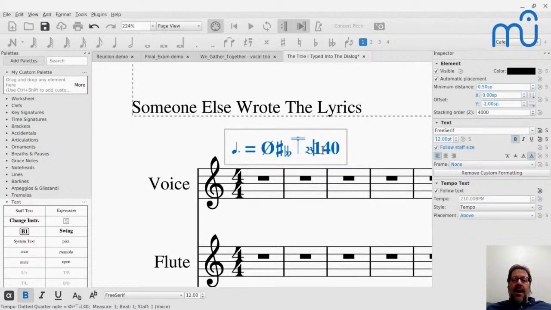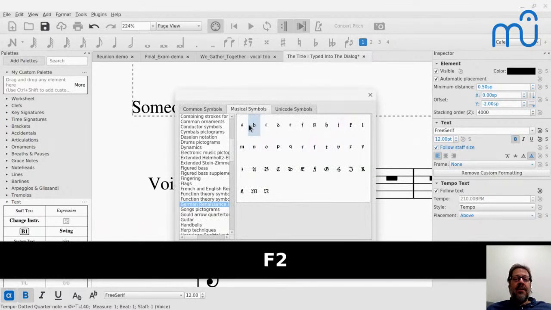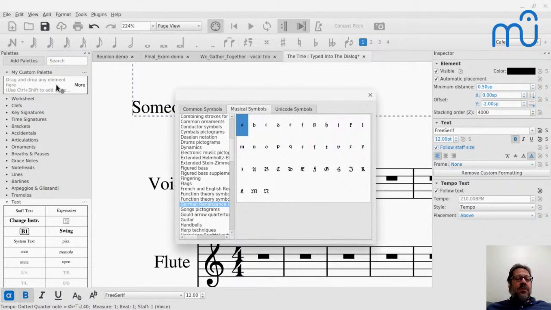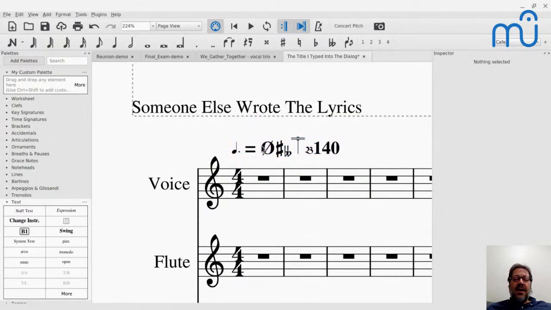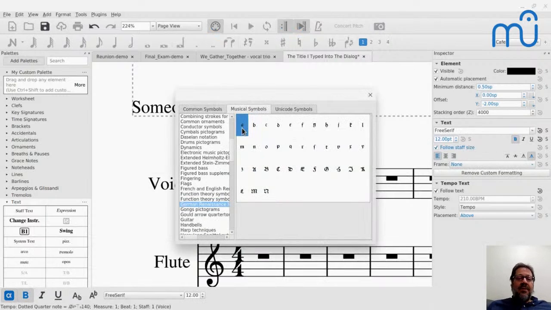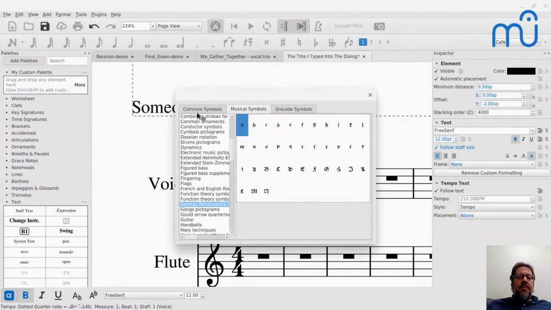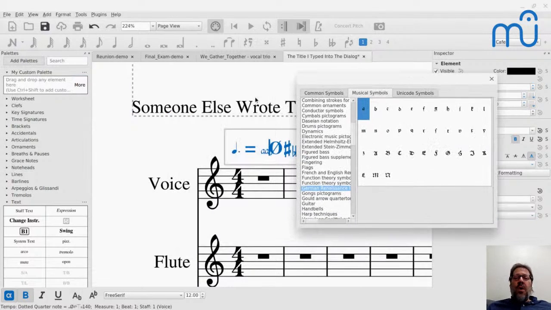But check this out now. I'm still editing this text, so let me reopen the special characters palette. Boom. That isn't working when I'm dragging that there. I think maybe I need to leave that text edit and come back. Let's find out. Drag that thing in. Well, that's weird. That's supposed to work. As often happens when you do a demo, something goes wrong. But trust me, this is supposed to work. So why isn't that working?